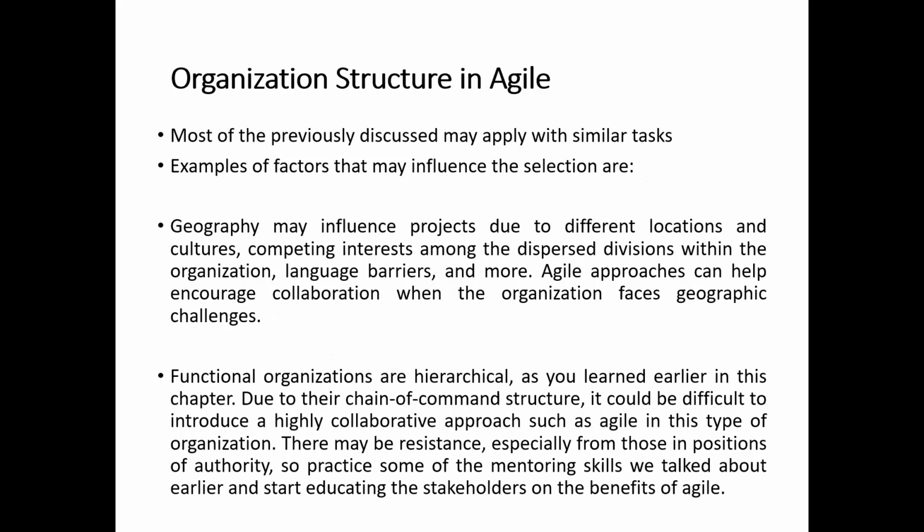And functional organizations are hierarchical, as you learned earlier in this chapter. Due to their chain of command structure, it could be difficult to introduce a highly collaborative approach, such as Agile, in this type of organization. So there may be resistance, especially from those in positions of authority. So practice some of the mentoring skills we talked about earlier and start educating the stakeholders on the benefit of